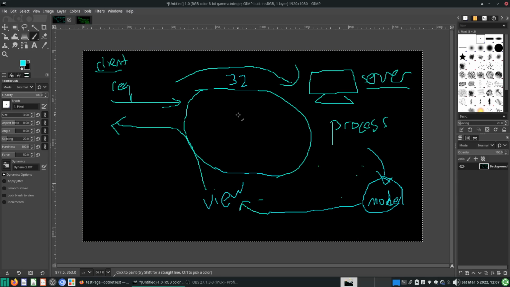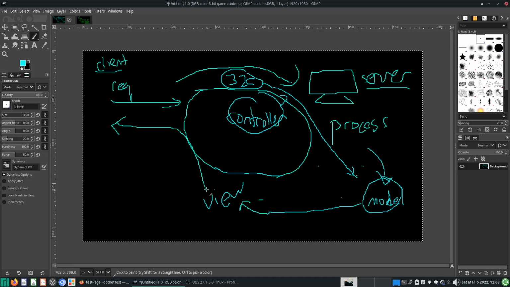These are known as controller classes. Controller classes don't deal with the data as much, but they make sure the relevant pieces of data go to the correct places. For example, if this 32 degrees Celsius is meant for the model, the controller will make sure that this data actually lands here. And then once the model is done with the processing of data,